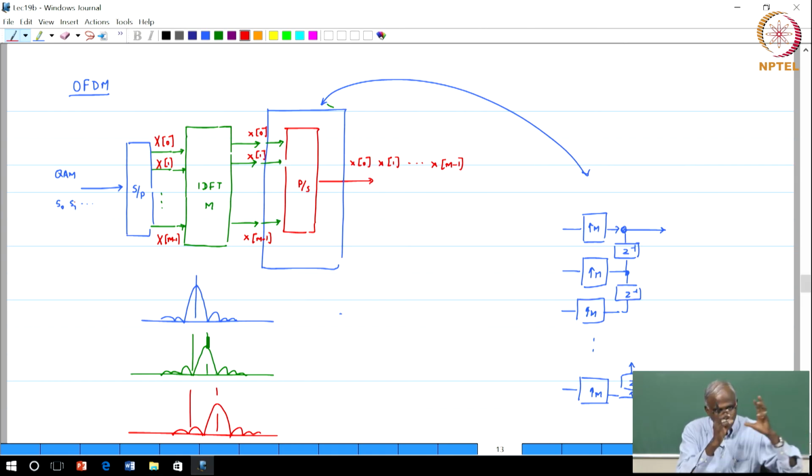You have taken the bits and grouped them into the appropriate constellation, and then you are transmitting this information not on a single carrier. This is why it is called a multi-carrier transmission. OFDM is called a multi-carrier transmission because you have a bank of carriers, and on each carrier you have placed one symbol appropriately, and then you combine them. How did you combine them? The transmultiplexing operation. Basically you shifted them in frequency and combined them, but that comes for free when you use the IDFT